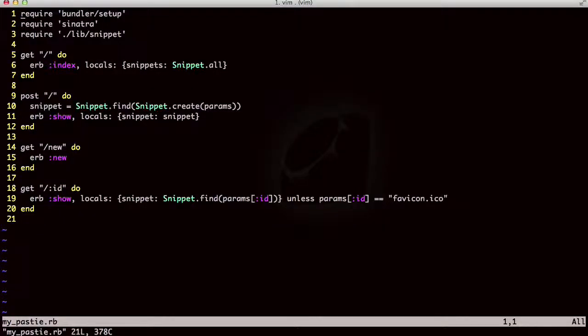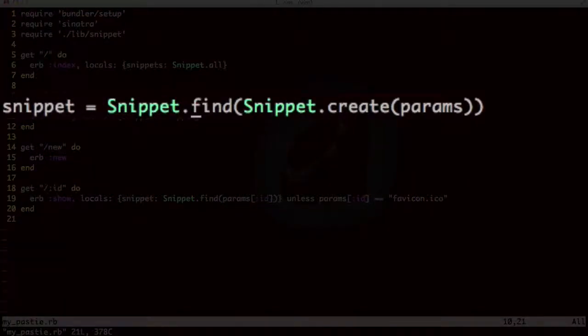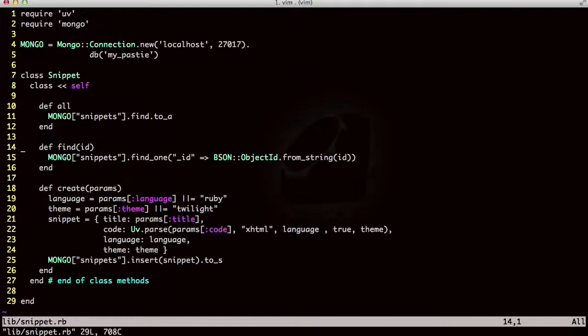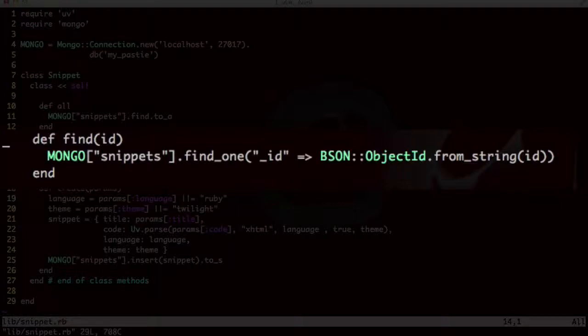So here I have the class from my previous screencast, and in this Sinatra app I have this object called snippet, and I want to find out what that find method does. All I have to do is scroll down and have my cursor underneath the method name and hit command right bracket, and it takes me right to the method. So you can look at the source code and find out what that method exactly does,